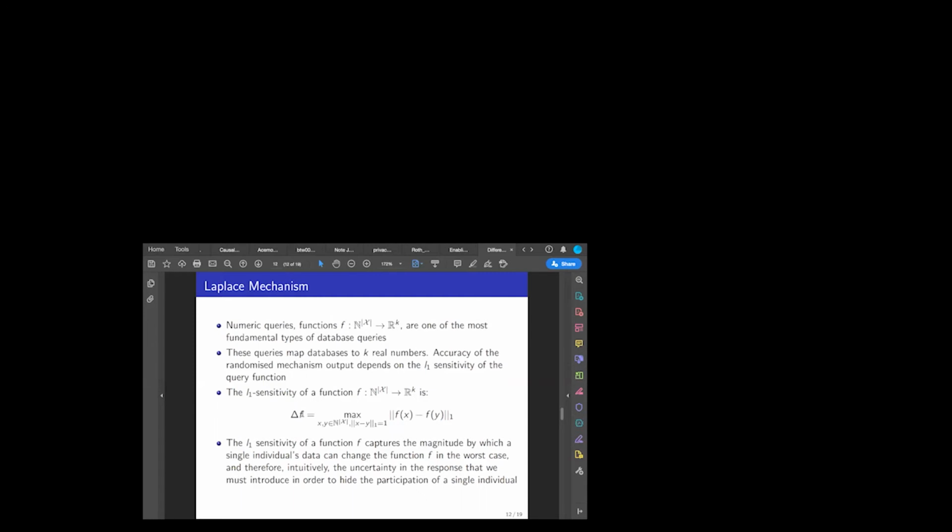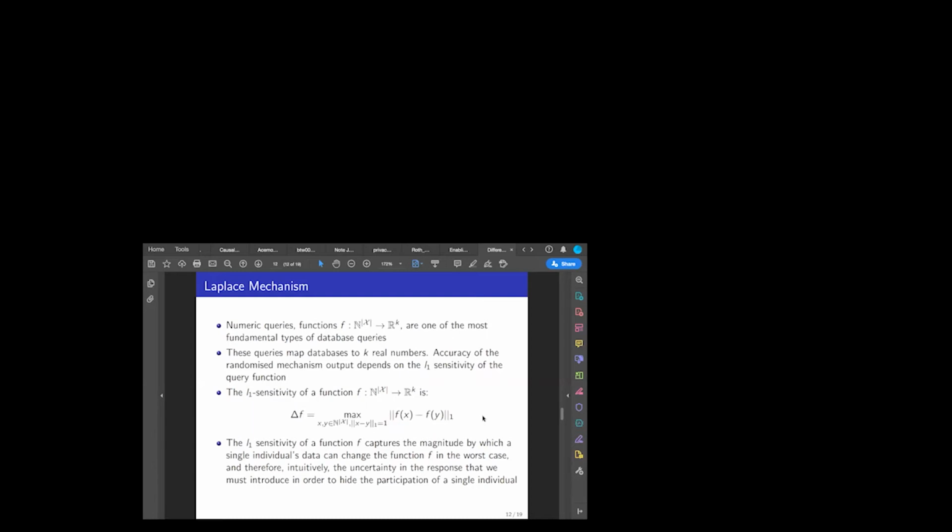Then the L1 sensitivity of the function is defined as the maximum, across two adjacent databases, of the one-norm of the difference in the queries. This will still be a vector in R^k. X and Y are your databases which differ in one record. This gives you an idea of the maximum extent by which the query function will change when there is a single record difference in the database, and how much noise you should add